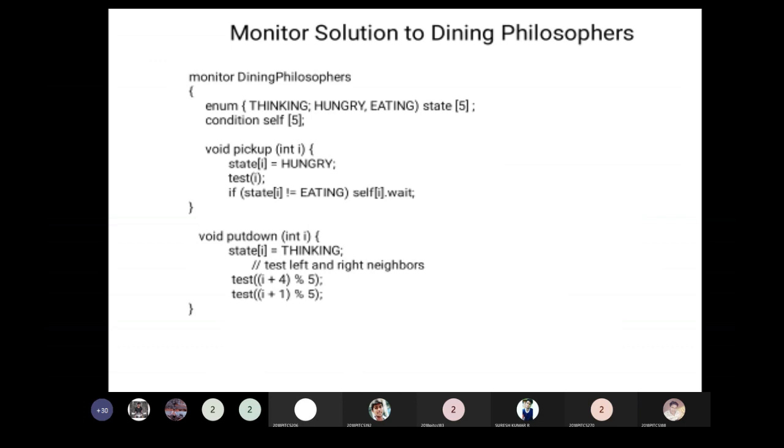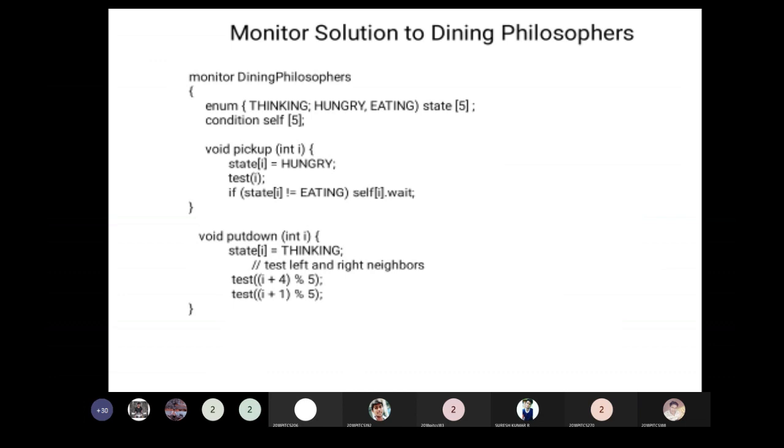So using monitors, the solution for the dining philosophers problem is given here. The monitor name we are taking is dining philosophers. It has these attributes: thinking, hungry, eating. The states are like this. So there are 5 philosophers and 5 chopsticks.